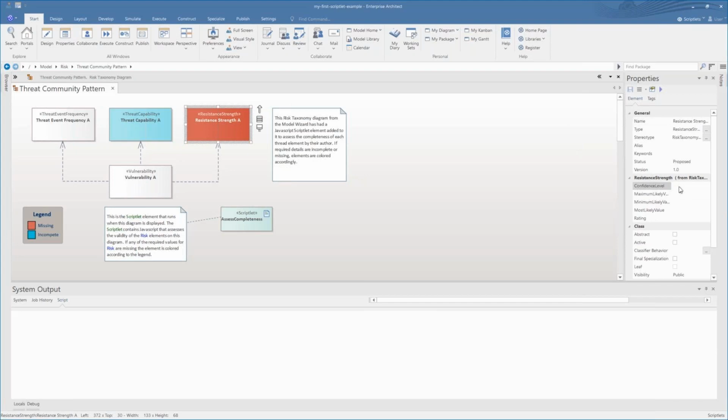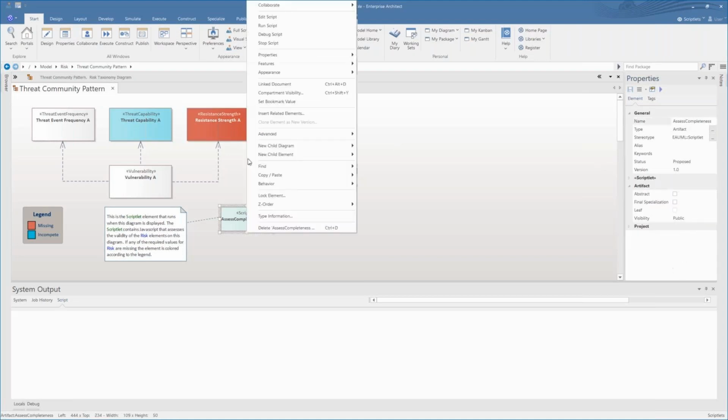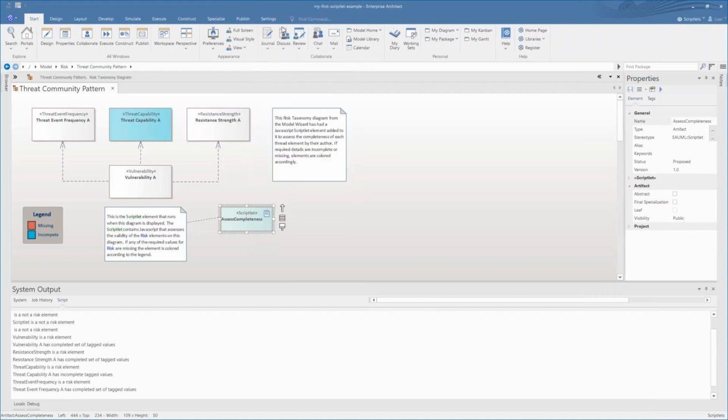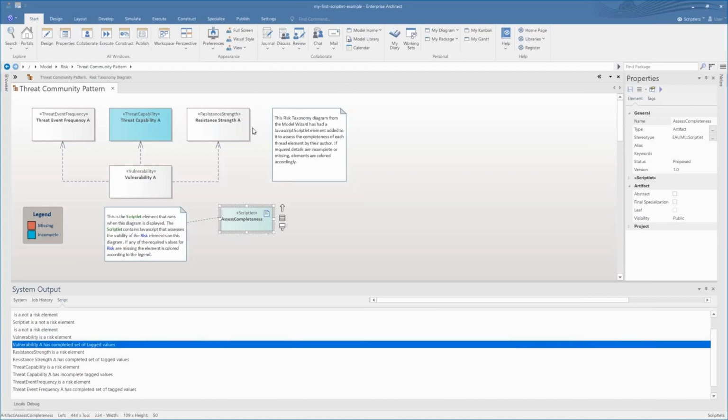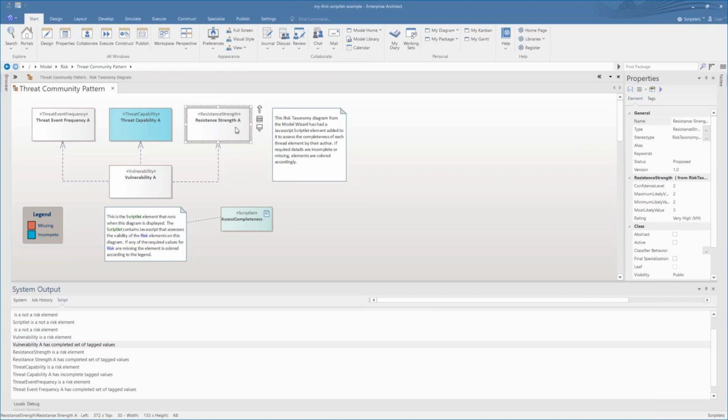With this one that's listed in red, you can see that the confidence level, the maximum likely value, the minimum likely value, the most likely value, and the rating were all left blank, which is why it was highlighted in red. Now if I run the script, now that I've updated it, you can see that this element is no longer red because the values aren't missing.